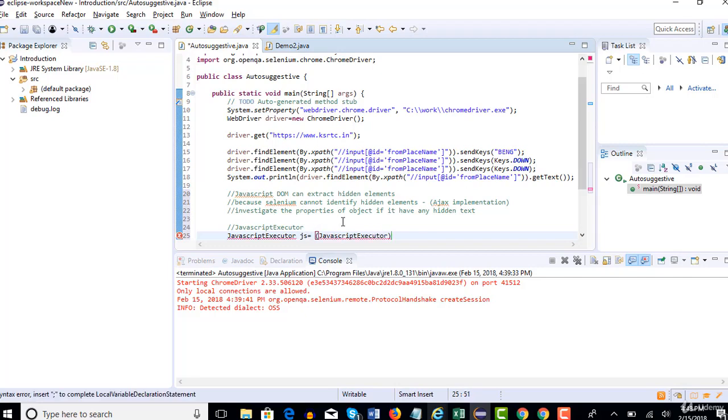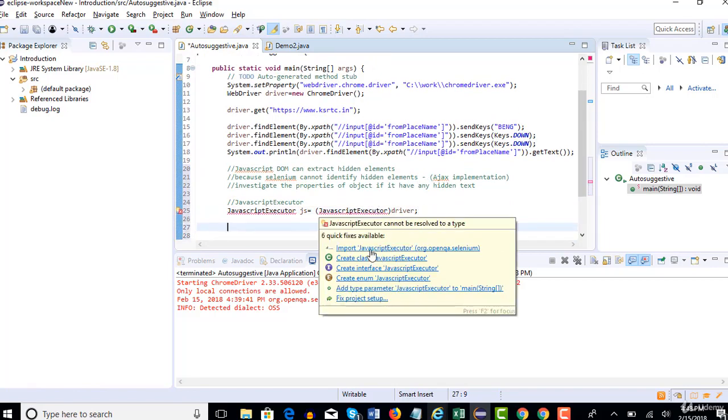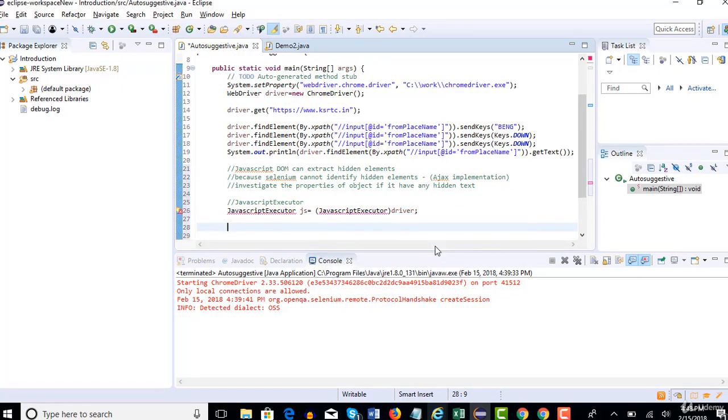This is how you define it. Move your cursor on this and you will see the option to import JavascriptExecutor, one of the packages Selenium provides. Cool. So I created the js object. It's just like a driver object, but to execute JavaScript DOM related stuff. It can identify and execute those DOM related items.